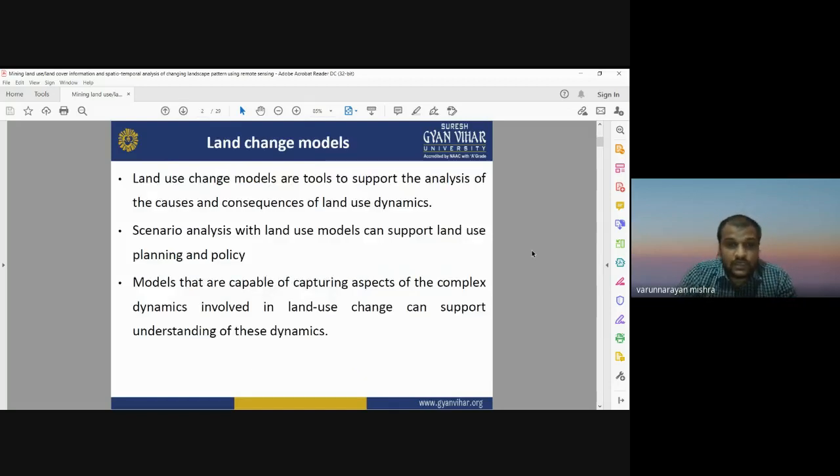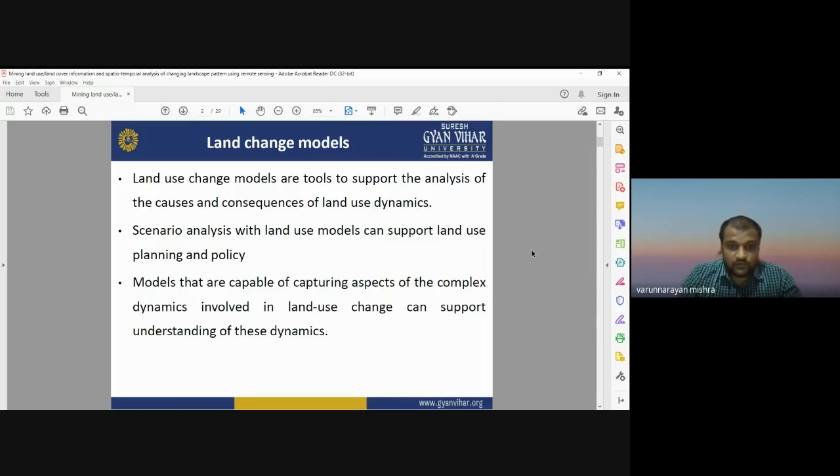Quickly, I am going to describe some basic facts about land change models. Land change models, or you can call them urban growth models, because urbanization is directly related to the change in the landscape, or change in land use and land cover. So we can normally term them land change models, but from a specific point of view, you can call them urban growth models. All the land change models are tools that are used to support the analysis